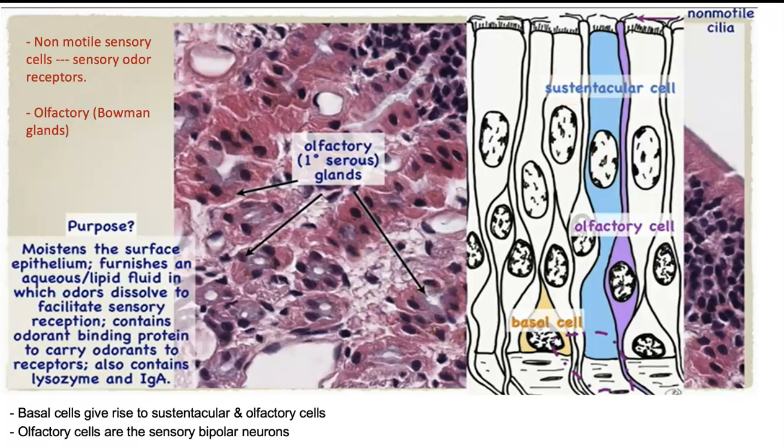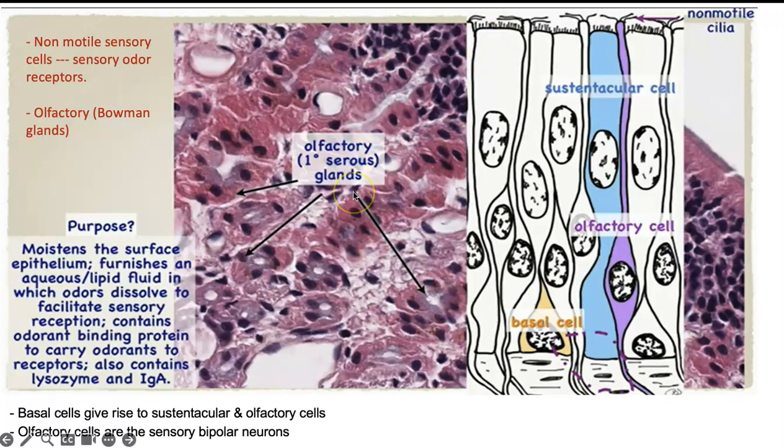And also you can see here we have the basal cell, and the basal cell is usually for replacement of the olfactory cells and sustentacular cells. Also, you can see the olfactory epithelium is covered by non-motile cilia, because this is important for smelling, and also it has